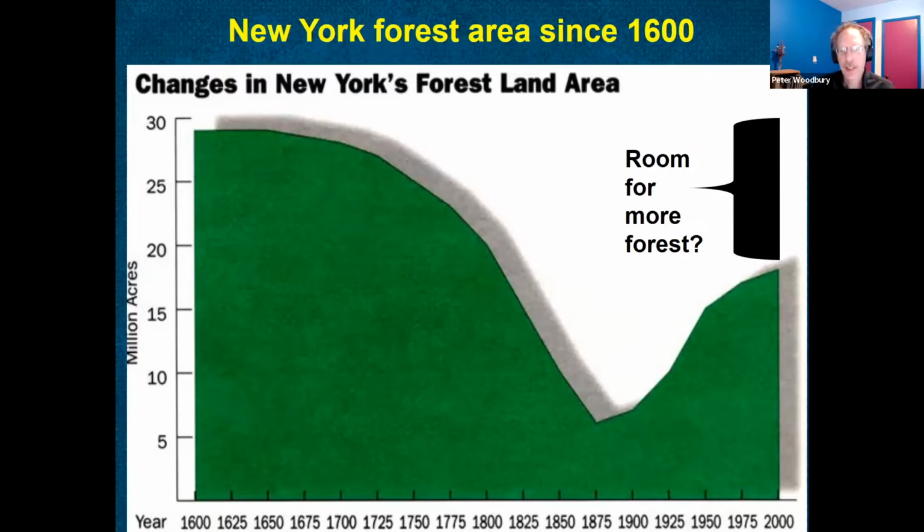So I just want to start with a little historical perspective about forests in New York State, and this applies to much of the northeastern USA. Prior to European settlement, most of the area was forested, and that decreased through the 1700s and 1800s. Since around 1900, forest area has been increasing again, because much agricultural production has shifted to the higher productivity soils in the Midwest. So we've had an increase in forest area in the last 100 years.